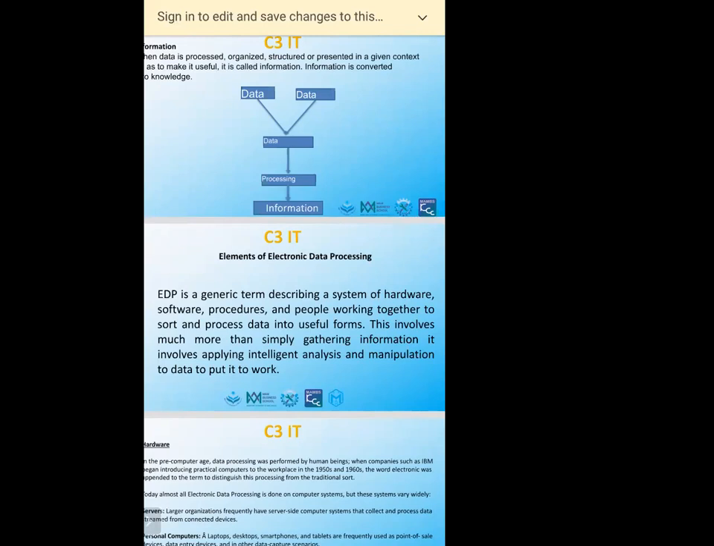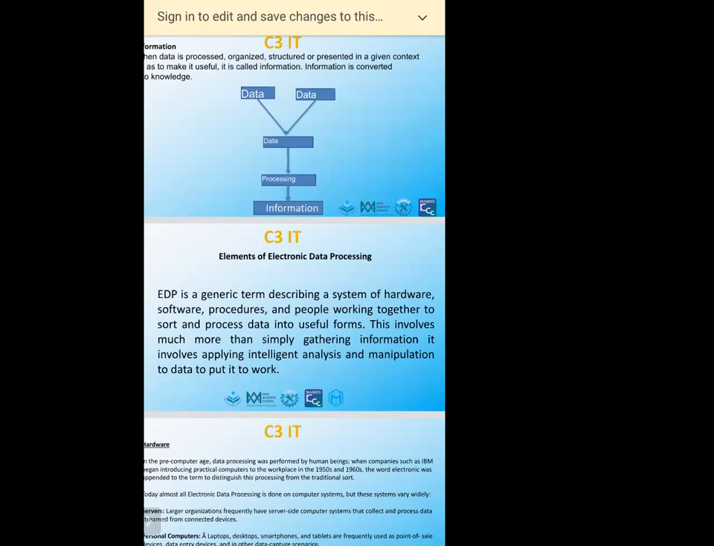Yes, EDP stands for electronic data processing. EDP is a general term describing what hardware you are using, what software you are using, what procedures you are using, and what people are working together to sort your data, process the data and provide the report. That is called EDP. For example,